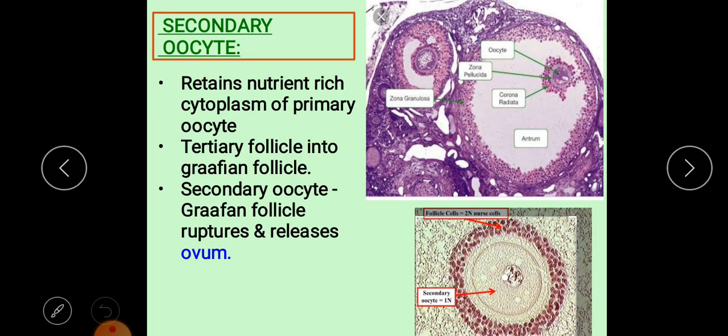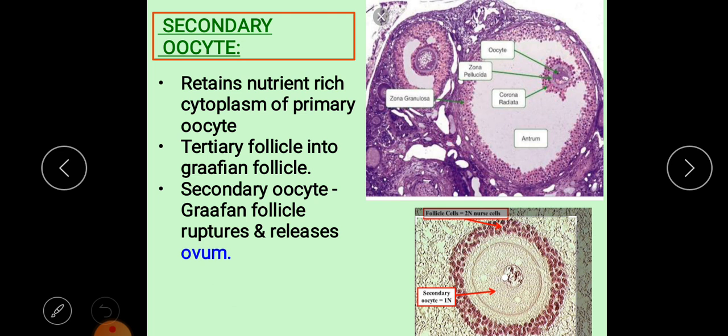Okay, so in the tertiary follicle, the meiotic division is completed. The arrested meiosis 1 in the primary follicle cell is going to complete its meiotic 1 division when it comes to the maturation stage, that is in the tertiary follicle stage, right. So what happens inside that oocyte is it gets changed into the secondary oocyte, right.